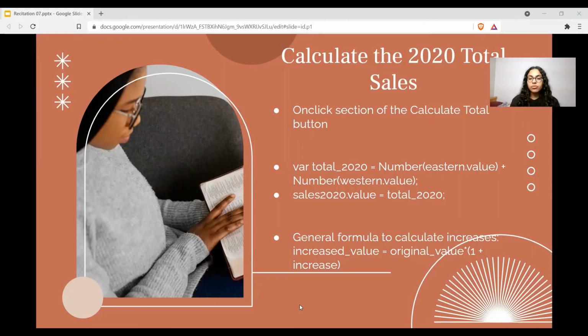The general formula to calculate the increase would be: increased value is equal to original value into 1 plus increase. You can use this general formula to code it out. I would request everyone to pause the video now, go and make the changes for the onclick functions for all the buttons, and then come and resume the video to see how the code is written.